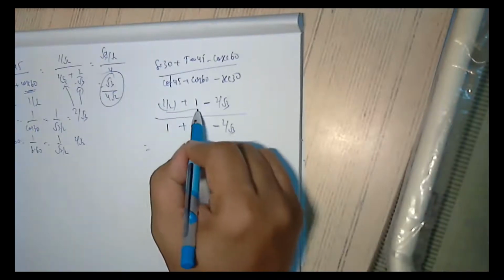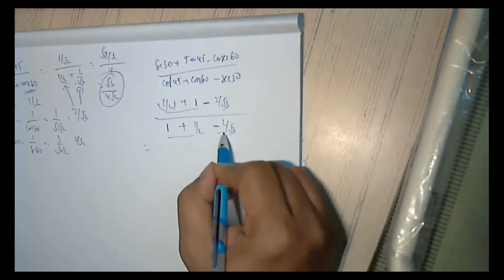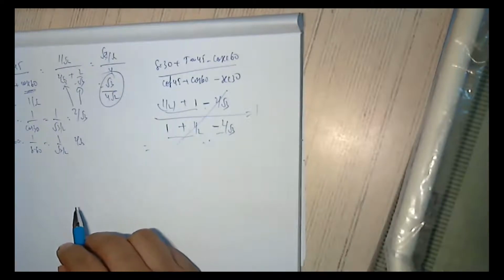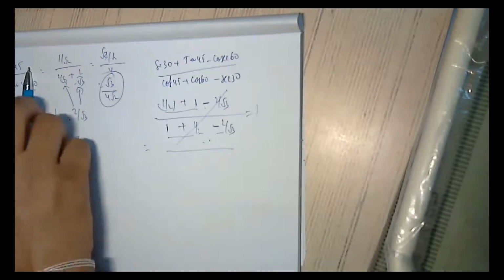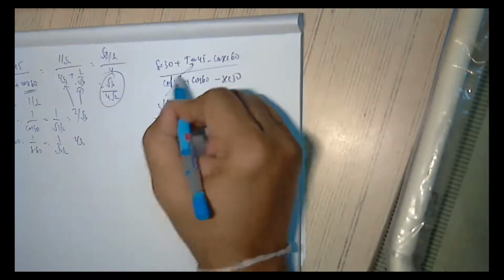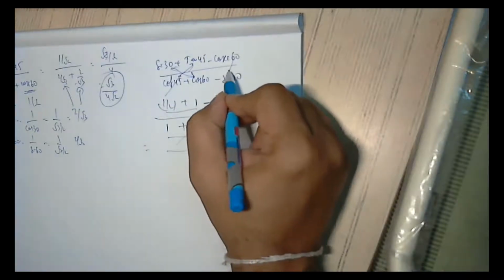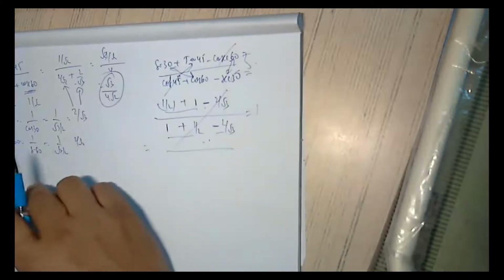So the answer is 1 plus 1 and a half minus 2 by root 3, divided by 1 plus 1 and a half minus 2 by root 3. Both sides are the same. Getting 1. Answer is 1. Basically, cot 45 is equal to tan 45, sin 30 is equal to cos 60, cosecant 60 equals secant 30. So top is equal to bottom, so they get cancelled.